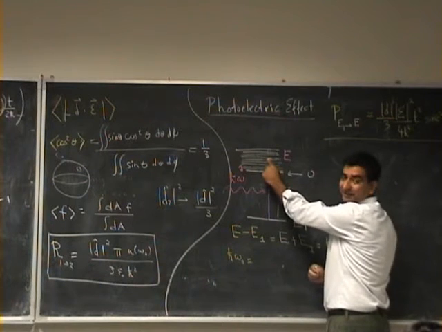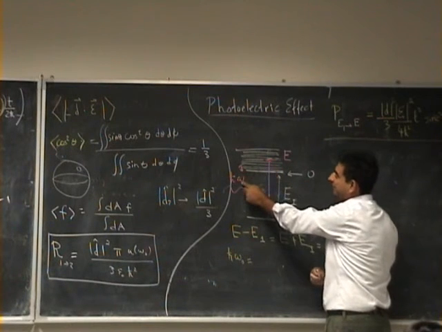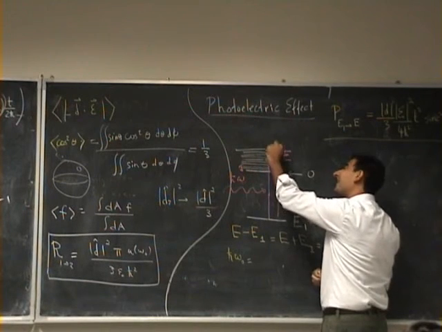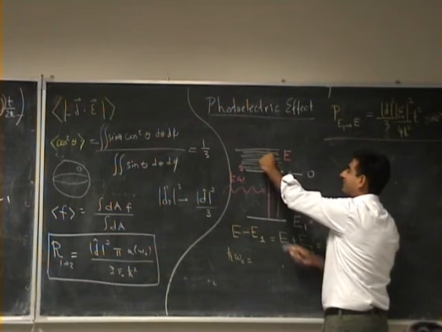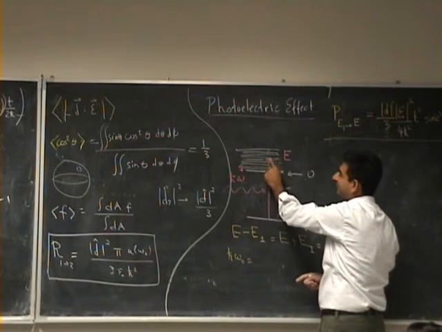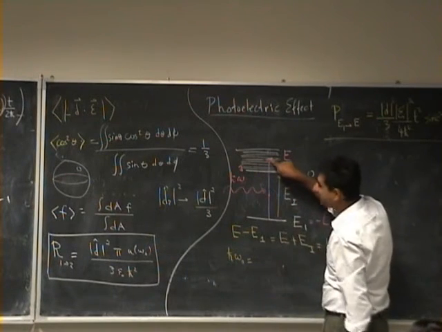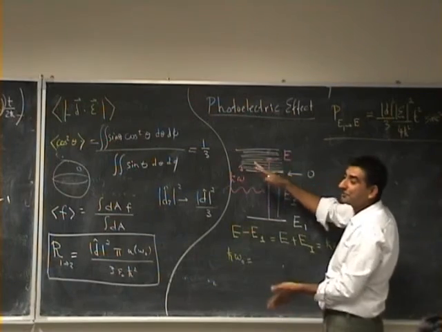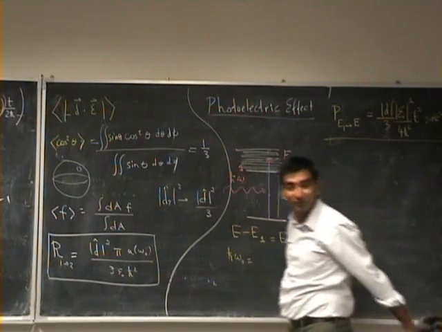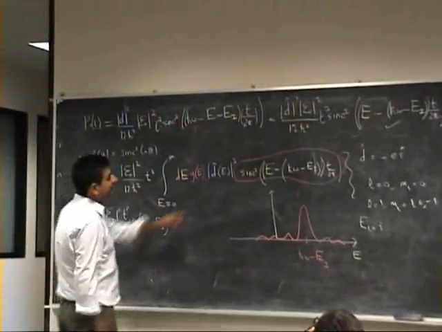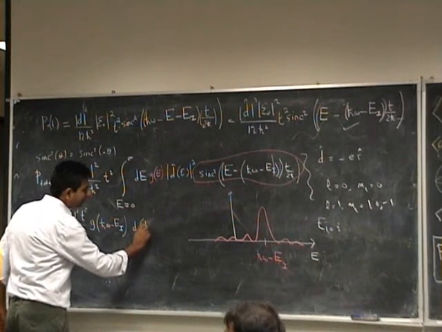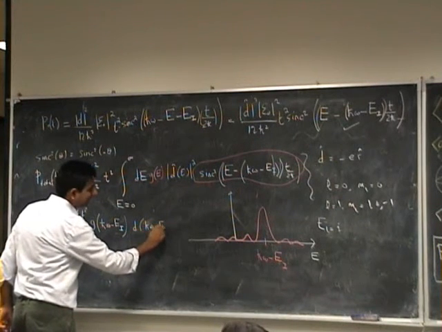Just find the density of states here. I put in a different omega, different radiation, just find out the density of states at the value which corresponds to the frequency omega. So I just need to take into account the density of states here. I don't take into account the density of states elsewhere, even though I'm calculating the probability over the entire continuum. So d at h bar omega minus ei. Similarly, this becomes d at h bar omega minus ei